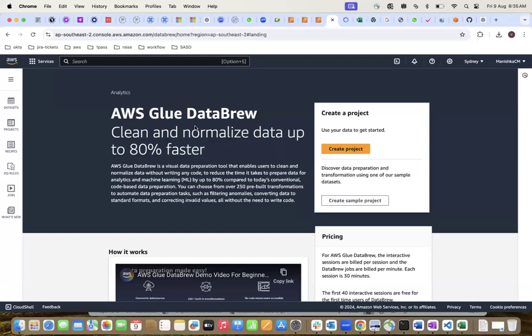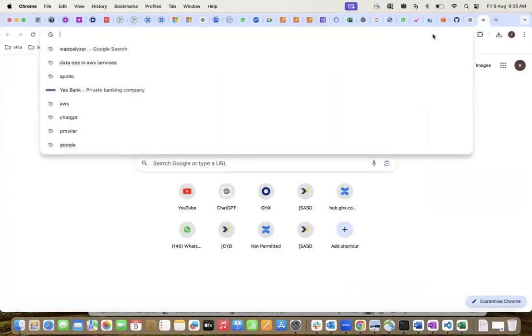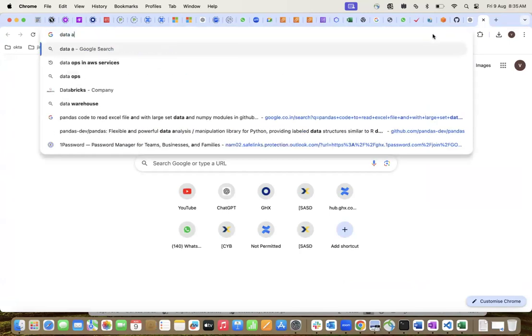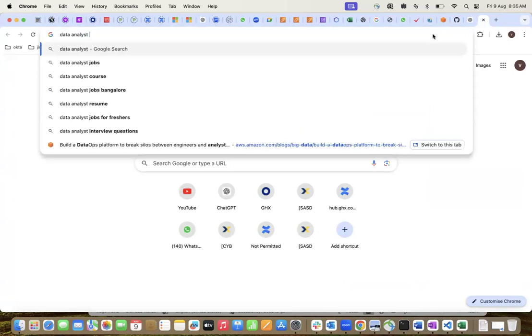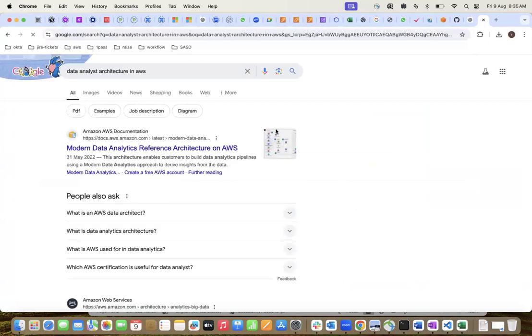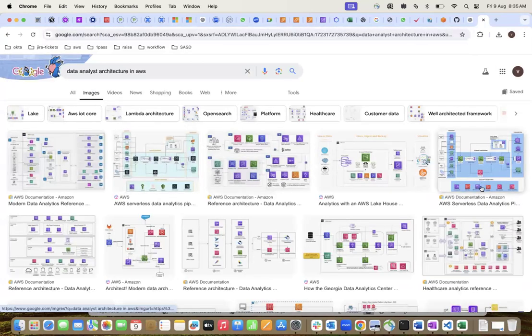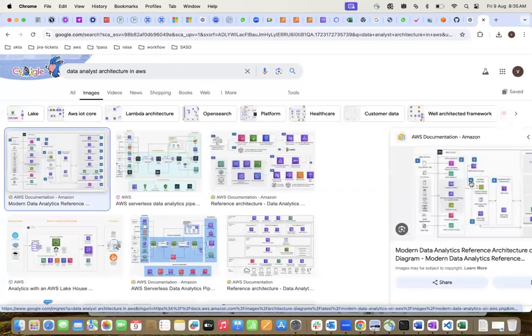And after that, these are the additional concepts. I am doing this data analytics and data engineering services in AWS. Suppose take an example. Tomorrow, right now everyone here has great real-time experience of more than 5 years. So now, the data analyst architecture in AWS. Taking out this example.